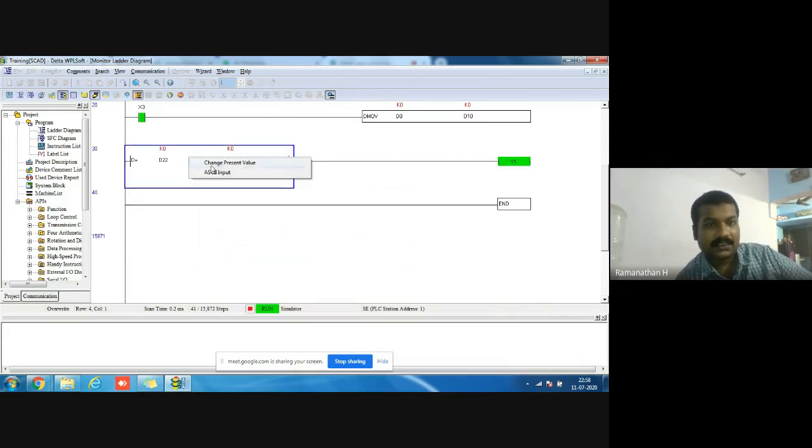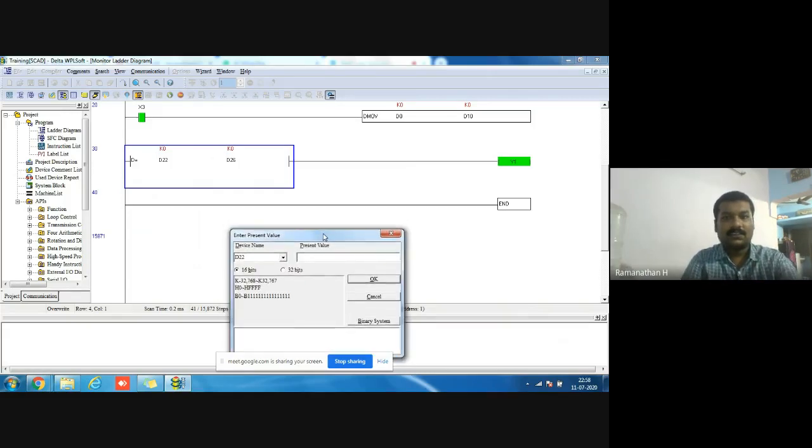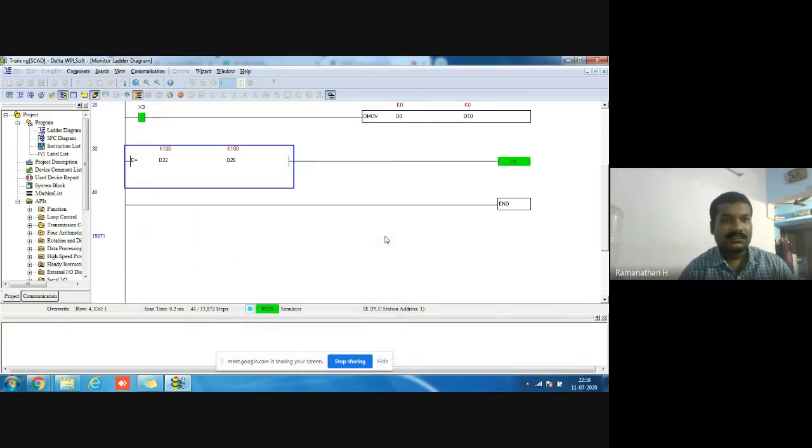I change the value, as you see, I change the value to 100. The coil will be off. And D26, I give again 100. The coil will be on. I change it to 101, off. I change it again to 100, on. These are the comparing sections.